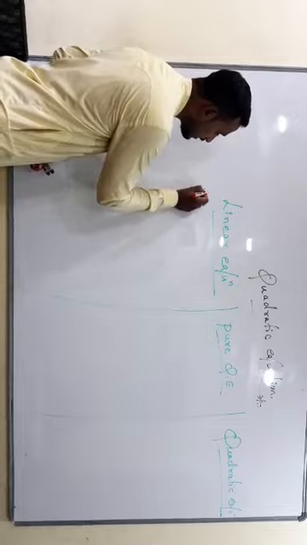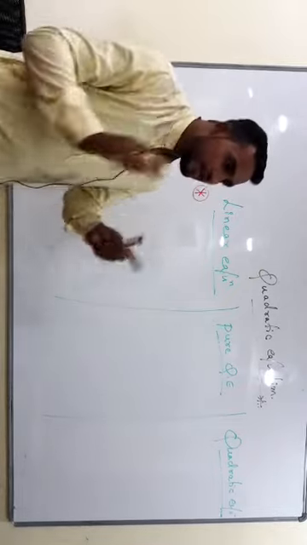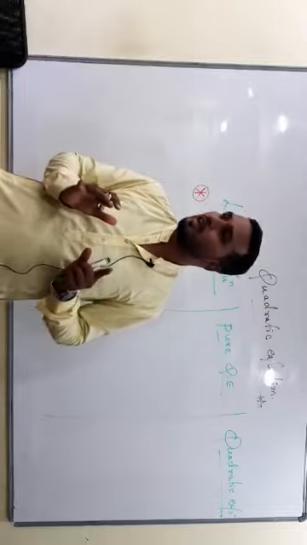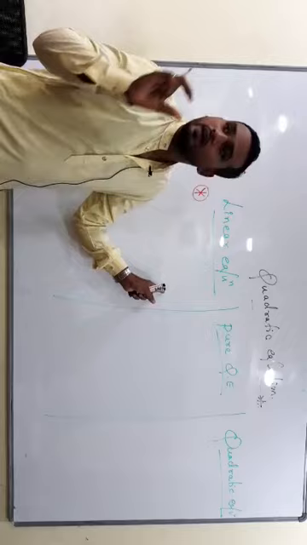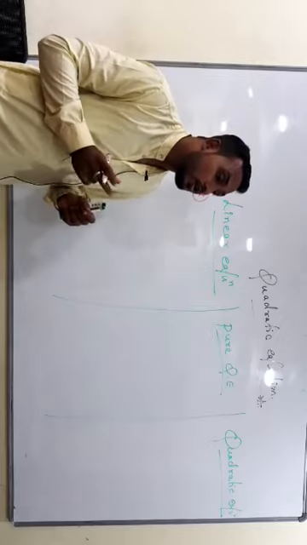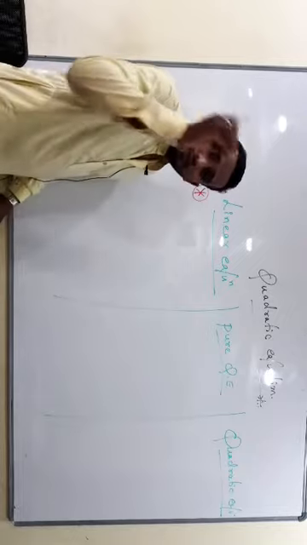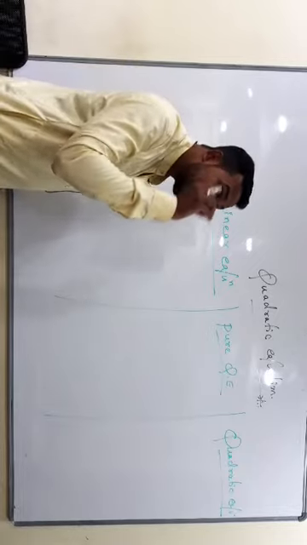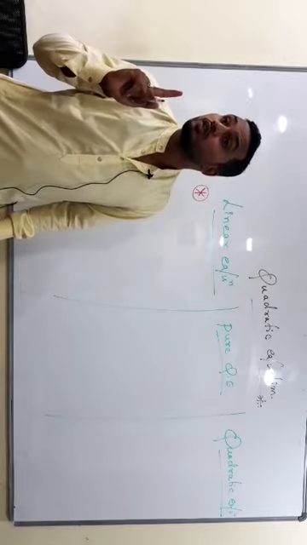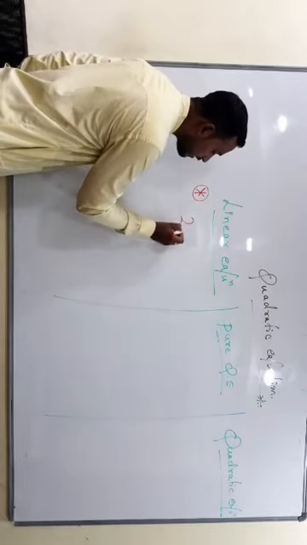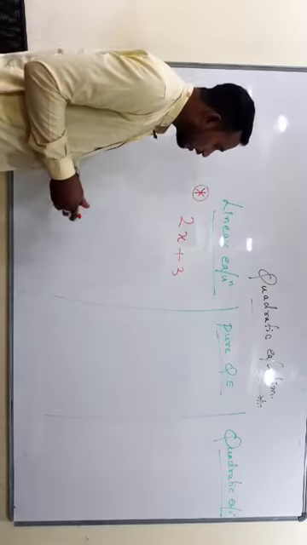Now first let me discuss what is a linear equation. See children, an equation means one equation we have which consists of a variable. As we have seen in the previous case, we have one variable. Variable means unknown. A linear equation involves a variable whose highest degree is only 1. Example, let me say 2x plus 3. Now in this case, which is the variable?